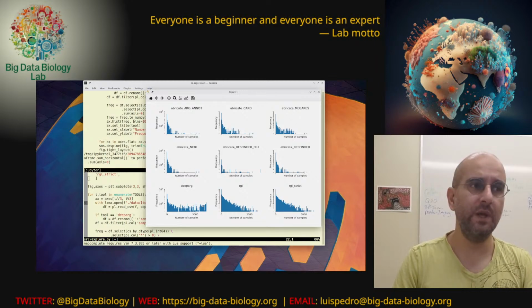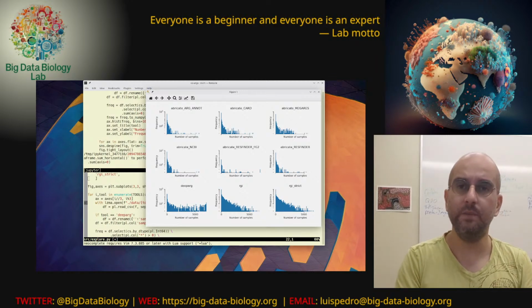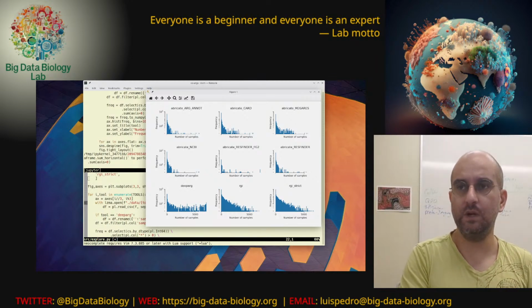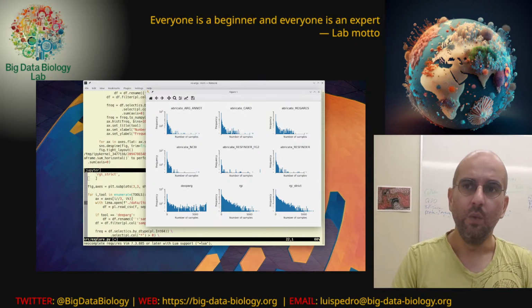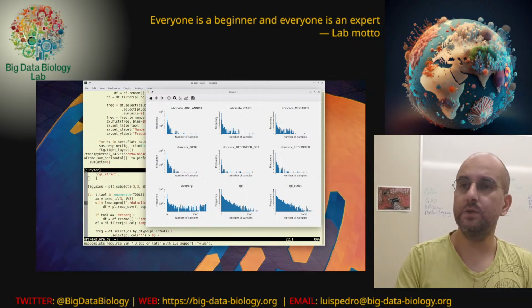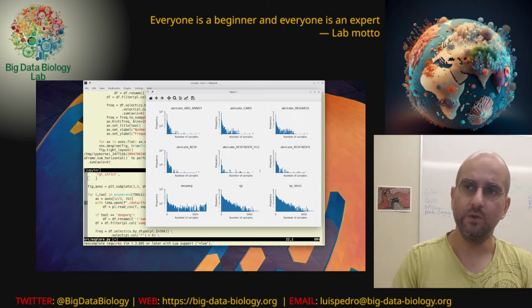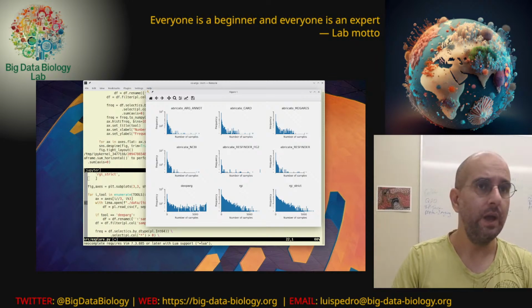RGI is from CARD. The same group that builds the CARD database built RGI, which is the tool that goes with CARD, and they also designed this ontology, the ARO ontology, and we are pretty big fans of the ARO ontology, and we have a tool that